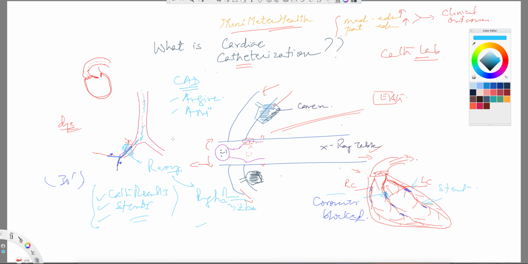Okay, so essentially this is how it's performed, and as I said, this is your left ventricle, this is your aorta. Here I've shown different schematics, and this is the artery where they've been working on, and these are the blockages in the coronaries we just talked about. And of course, as I said, this is your equipment where you'll be in the cath lab, and